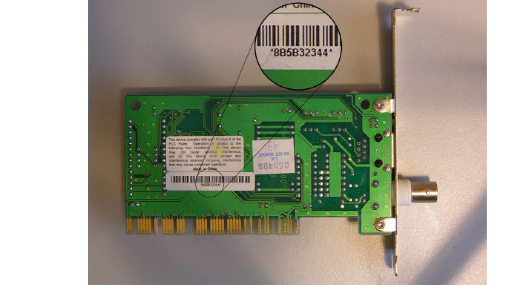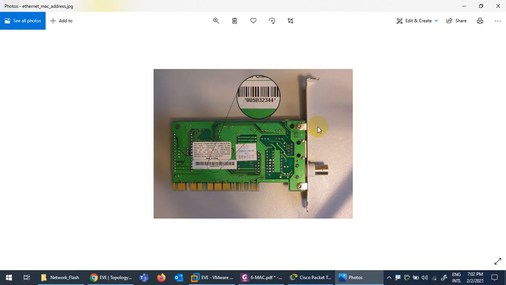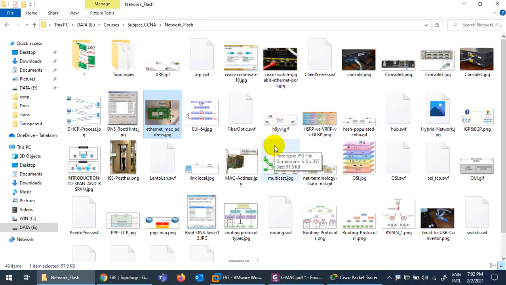Any LAN card, any adapter, whether it is a Bluetooth one, a wireless LAN card, virtual, physical, logical, any interface, has a MAC address burned on it. Here it is in hexadecimal and it's 12 digits. It's totally unique throughout the world, just like human fingerprints, totally unique to everyone.